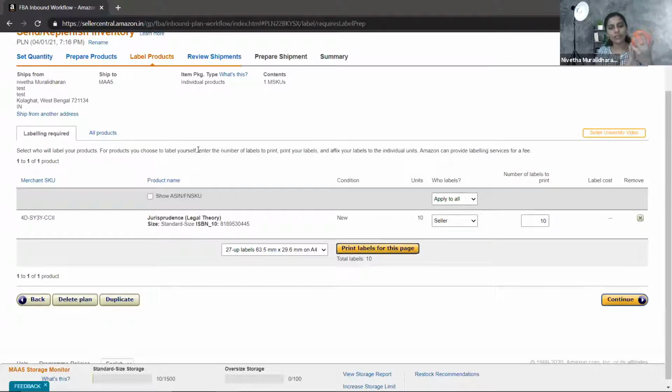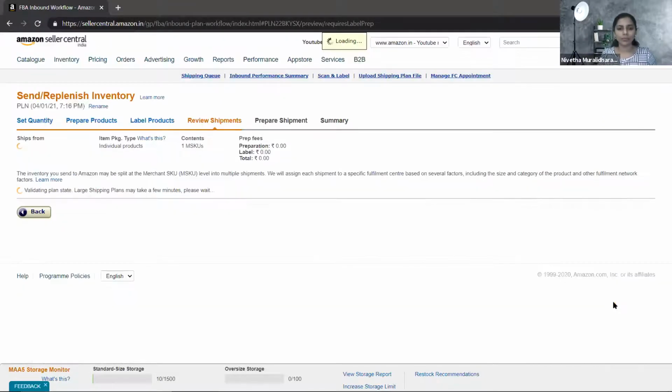Okay. So consider that I have this powder box. Consider that I'm selling this. I have to paste the barcode and the MRP here. Don't paste it on the product itself. There will be an outer carton, right? So please paste this barcode and also the MRP on it. It is mandatory. Once you have pasted it, take the printout and paste it. Once you have done this step, click on continue.